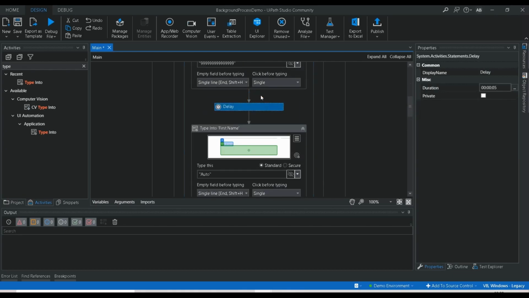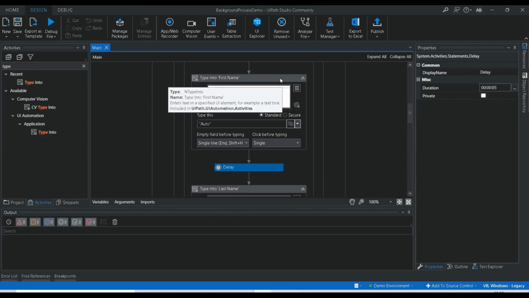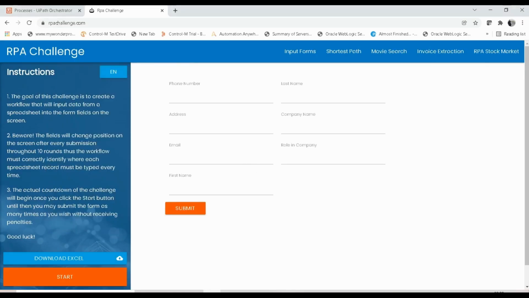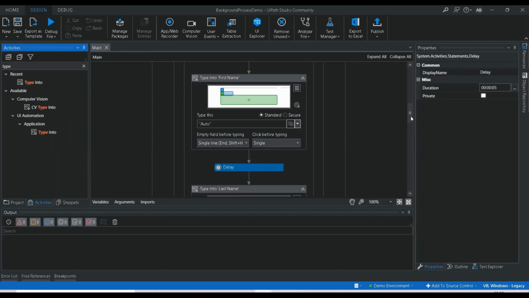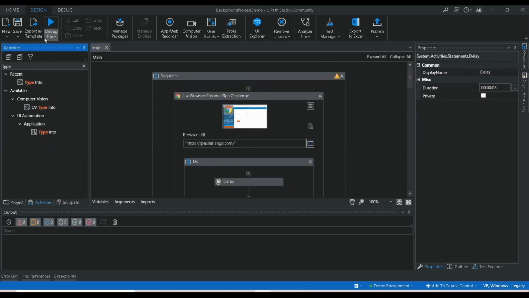So why I'm adding this delay is just to check how this foreground process is going to execute. If you're trying to execute two foreground processes parallelly, we have to see what error is going to happen. So for that only I'm adding this delay. Even if you don't add this delay, it will work fine. This is just for monitoring purposes. So that's it.